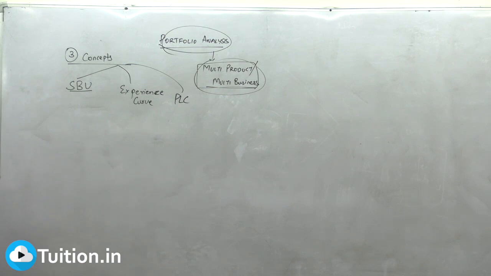Come on, everybody, start off reading the first paragraph. There is a business portfolio. What is a business portfolio? A business portfolio is a collection of businesses. Underline it: it's a collection of businesses and products that make up the company.